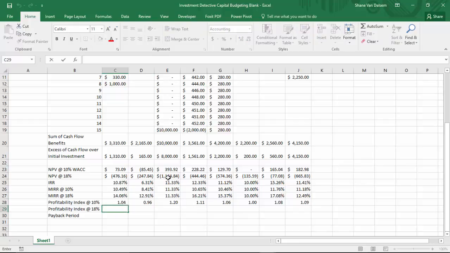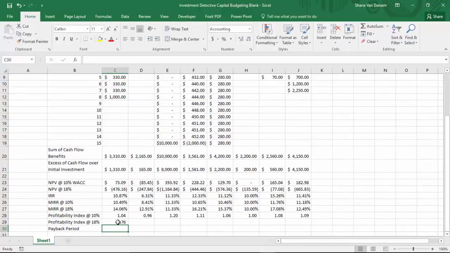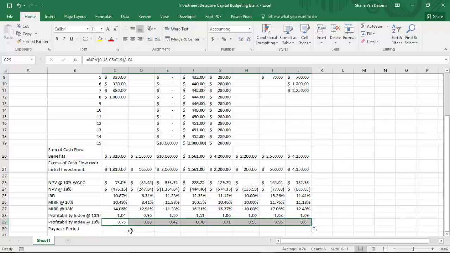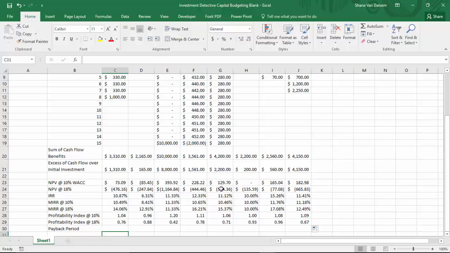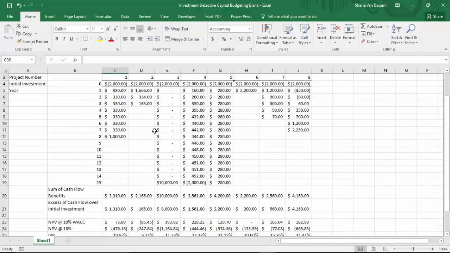I'm going to do the same thing here at 18%. Again, equals NPV. My rate is 18%. I'm going to highlight all my cash flows. I'm going to divide that by my initial investment. Again, I'm going to make that a negative number. Not a surprise that these are all less than 1 because all of our NPVs were less than 1 at 18%. The payback period, not an Excel function that I'm aware of for this, so we kind of have to